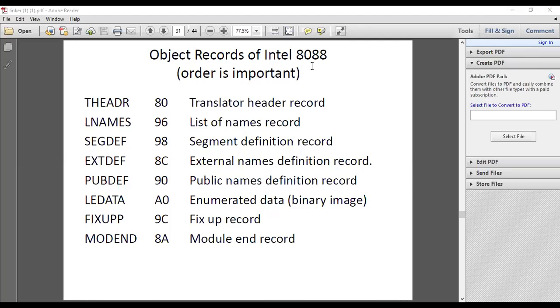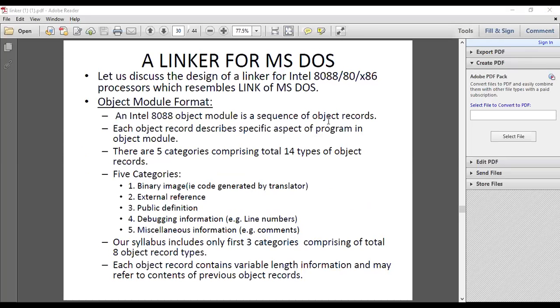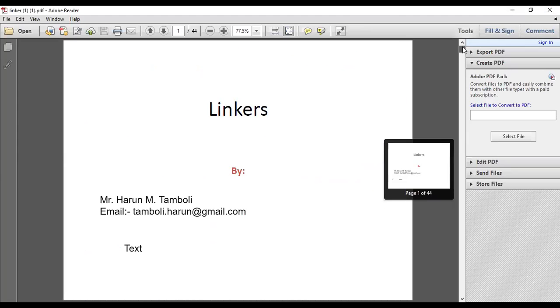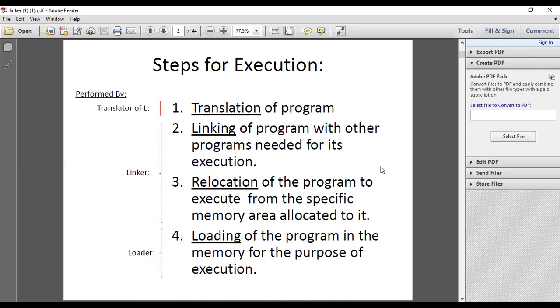Yes, sir. Okay. So yesterday we started the linker chapter. We discussed a lot, and only one to two points are remaining. So in short, I will take a brief review of what we covered yesterday. Yesterday we started with the linking and relocation concept. First, we understood the steps of execution, that is, how the high-level language program is translated into the low-level language. There are different stages through which this execution is performed.